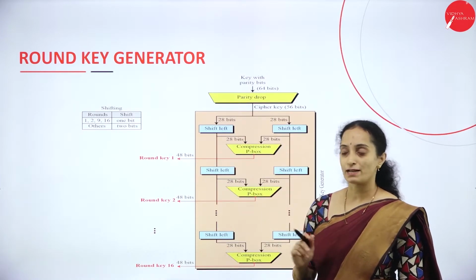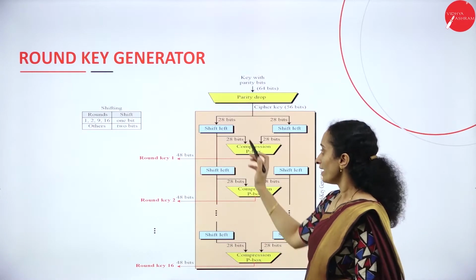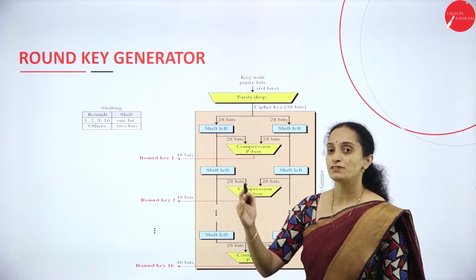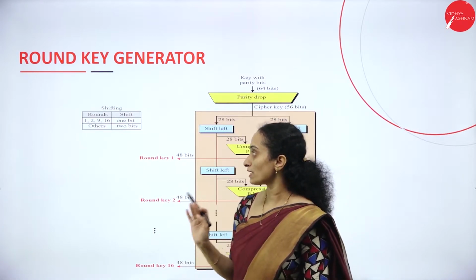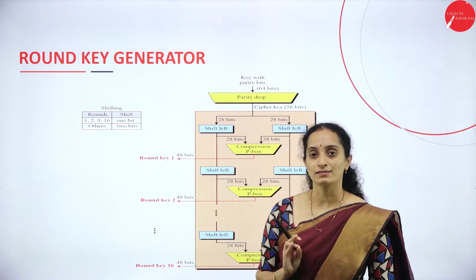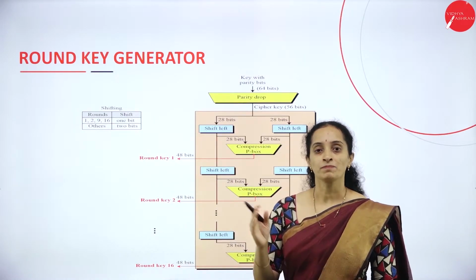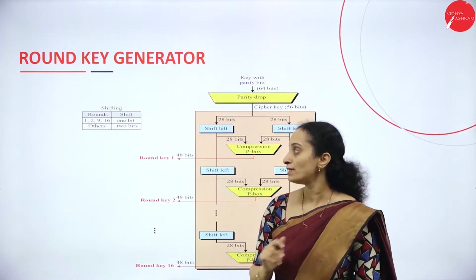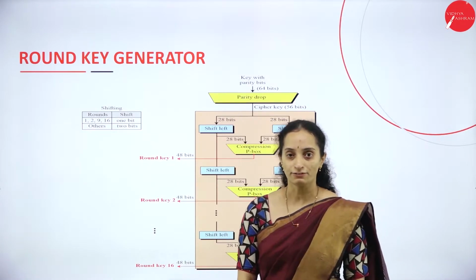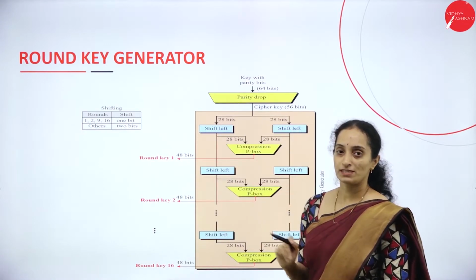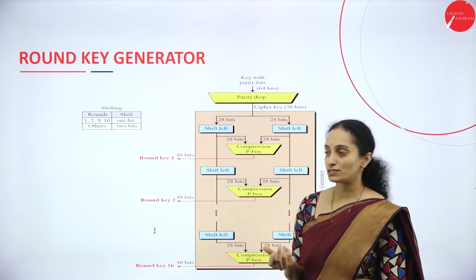Each set of 28 bits is applied to a shift left operation, where the shift left operation will shift 1 bit for certain rounds, that is the first round, second round, 9th round and 16th round. All 4 rounds will shift the 28-bit key to the left by 1 bit, whereas in the other rounds 2 bits will be shifted to the left. Both will be shifted by 1 or 2 bits, and again we have 28 bits as the result of